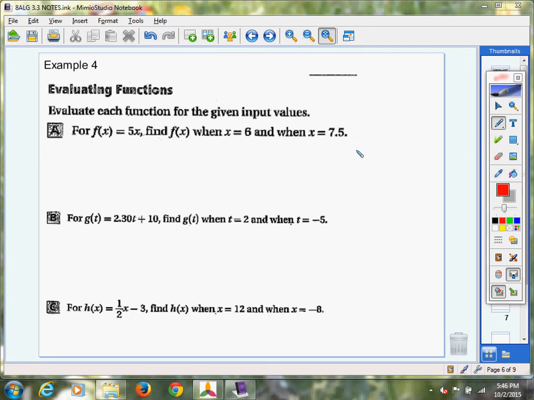We're in section 3.3. We're doing example 4. We have 2 more examples. This was one very long section, and we're down to example 4, and then the next video will be example